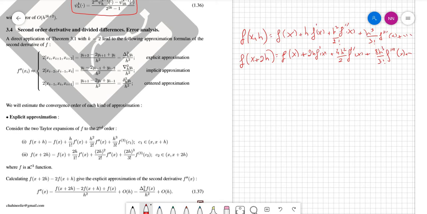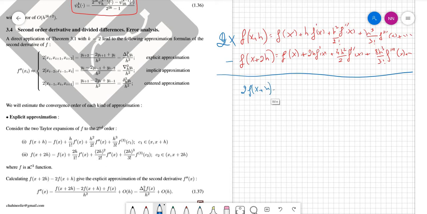So to calculate f double prime we should eliminate f prime in these two expressions. We should multiply the first one by 4 and then subtract the second one. Sorry, I was thinking about f double prime to eliminate. I should eliminate the f prime, so we should multiply by 2 only. So if we multiply by 2 and then we subtract the next one, we will have 2 f of x